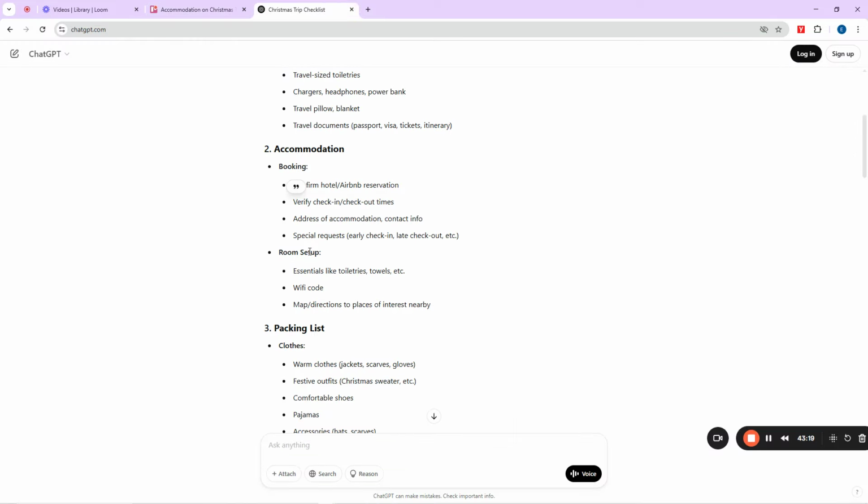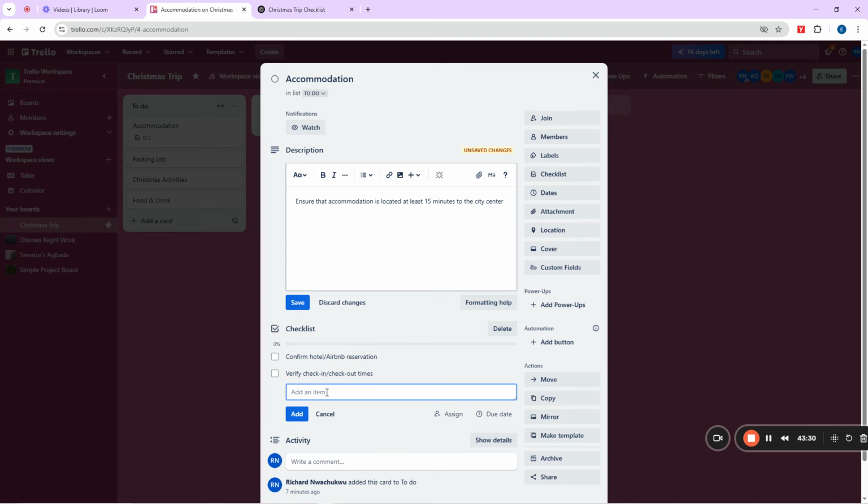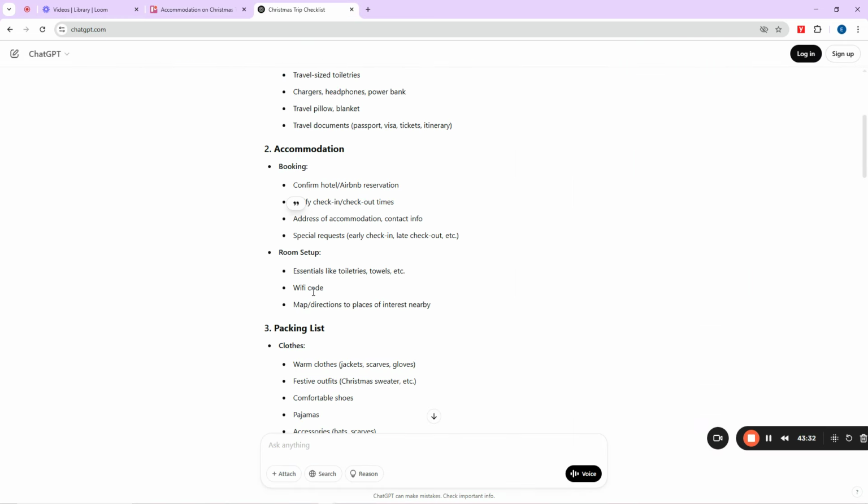Then you can say address of accommodation, blah blah blah. This one you want to take note of where you are going to live when you go for Christmas, right? Add it. Then here we have special requests. So if you have any kind of special request, you can add it here. Then we have things like maybe Wi-Fi code. And copy this and